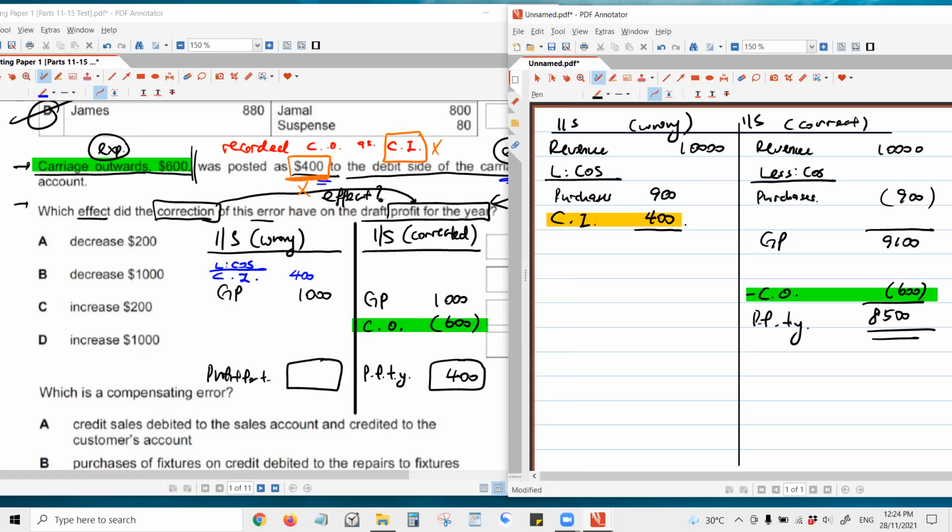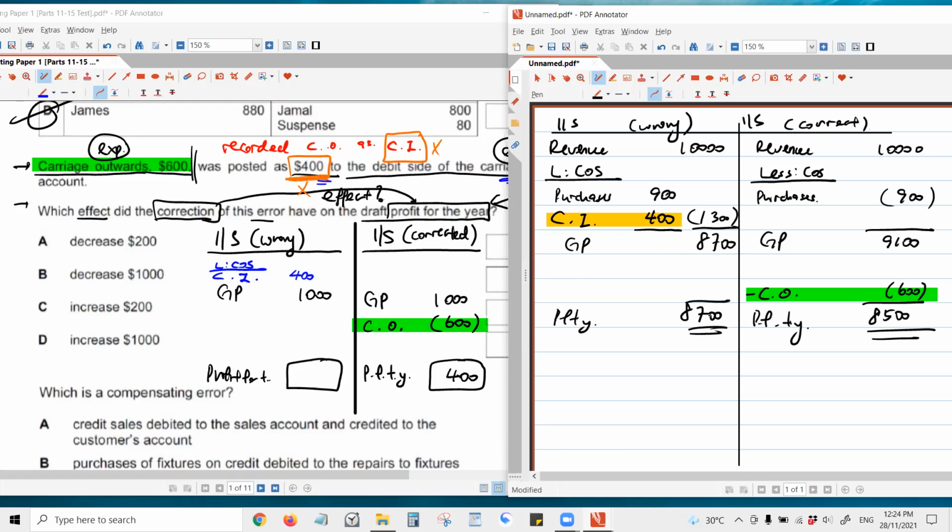So what will be the effect to the profit for the year? 900 plus 400, you will put 1,300. Then you minus from the 10,000, you get 8,700. Then profit for the year